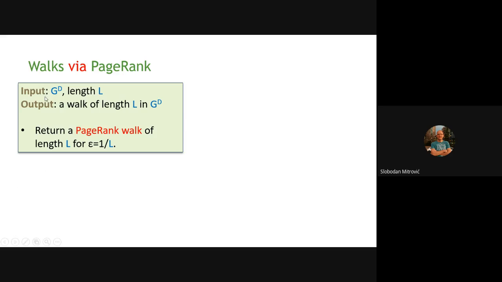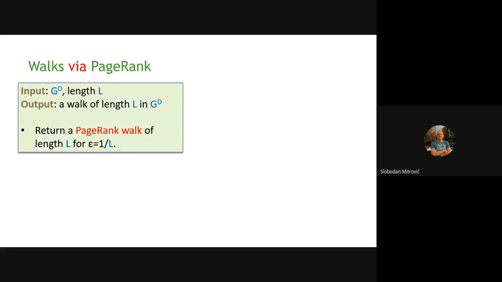So on input, you're given a directed graph G, and you're given a length L, which is the length of the random walk that you want to compute. And what you would like to output is again a walk of length L in G. Now what you will do simply is you will set epsilon. This epsilon again is the teleportation probability. You will set epsilon to be something small, 1 over L, or even 1 over L times 1 over log n. So something small. And now you will compute a page rank walk in your graph G